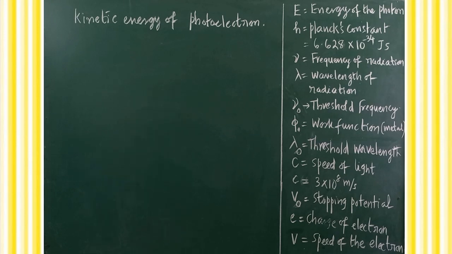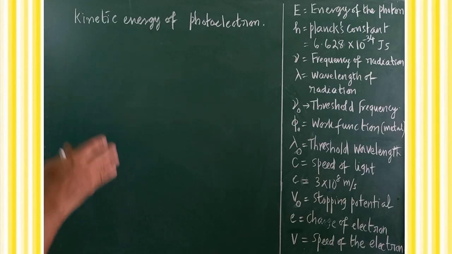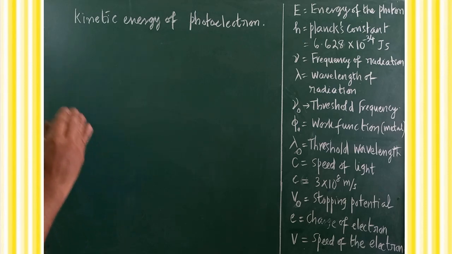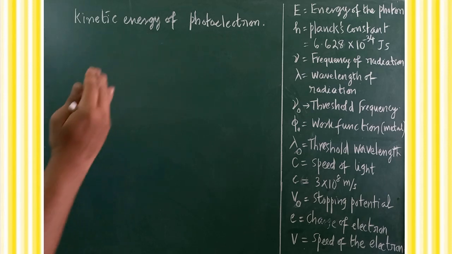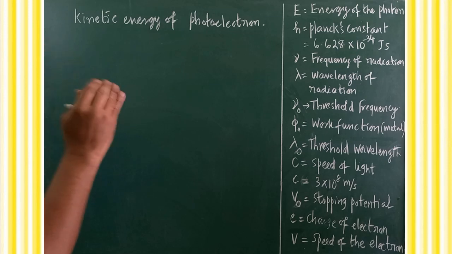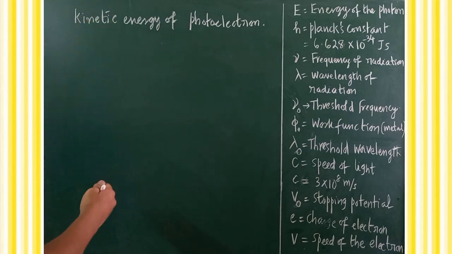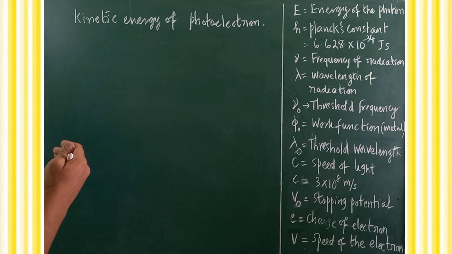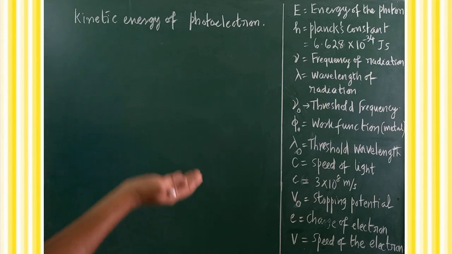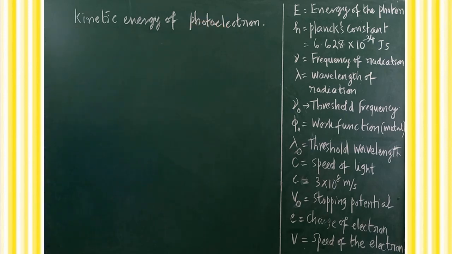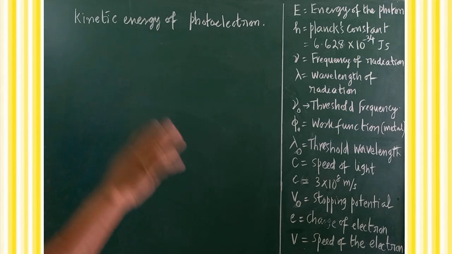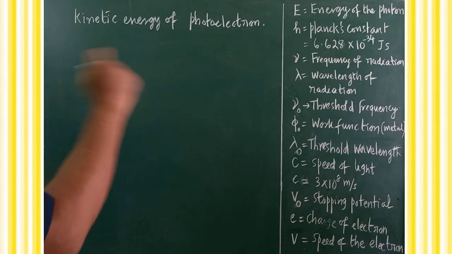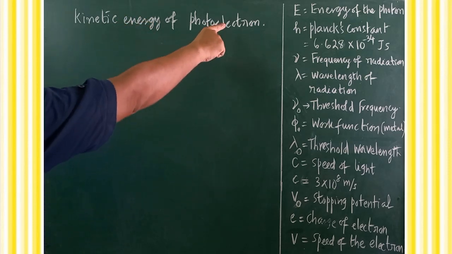In the case of the photoelectric effect, whenever the photon strikes on the metal surface, especially on the cathode, what happens? If the frequency is greater than threshold frequency, photoelectrons will be emitted. Those photoelectrons will have kinetic energy. Now we are going to concentrate on the kinetic energy of the photoelectrons. Since the electrons are ejected out with the help of photons, such electrons are called photoelectrons. There is no difference between the electron and photoelectron. Both have negative charge.